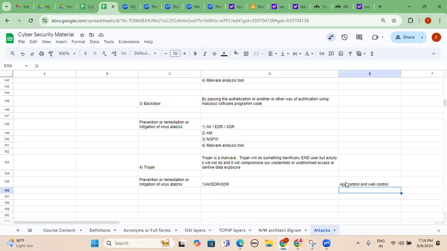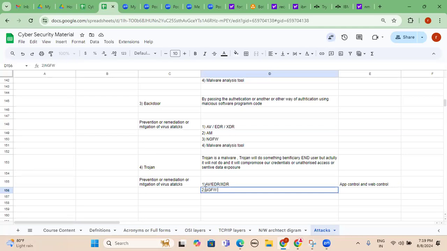Otherwise, it will generate at least an alert notification stating that some suspicious activity related to malware is going on in your network. So that is the first control. In a similar way, we have to implement a next generation firewall, obviously. In the next generation firewall, one of the options is called URL filtering, or web filtering, or content filtering, or BrightCloud URL filtering.